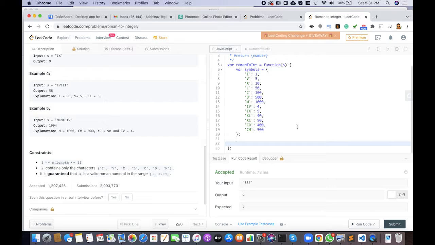So instead of a for loop where we increase the counter by one every time, we'll do a while loop.